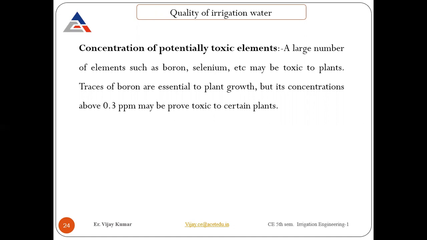Many times you have seen farmers throwing sulfur, putting it into the soil. They are putting boron. They are doing treatment. Urea they are using for nitrogen supplementation. Then we have DAP and all those things we generally put into the soil for proper growth of the plant. Many people have seen cow dung is also used, meaning animal dung is generally used in the soil. Why? Because it's a very good thing to improve the fertility of the soil, because fertility is very essential for the growth of the plant.